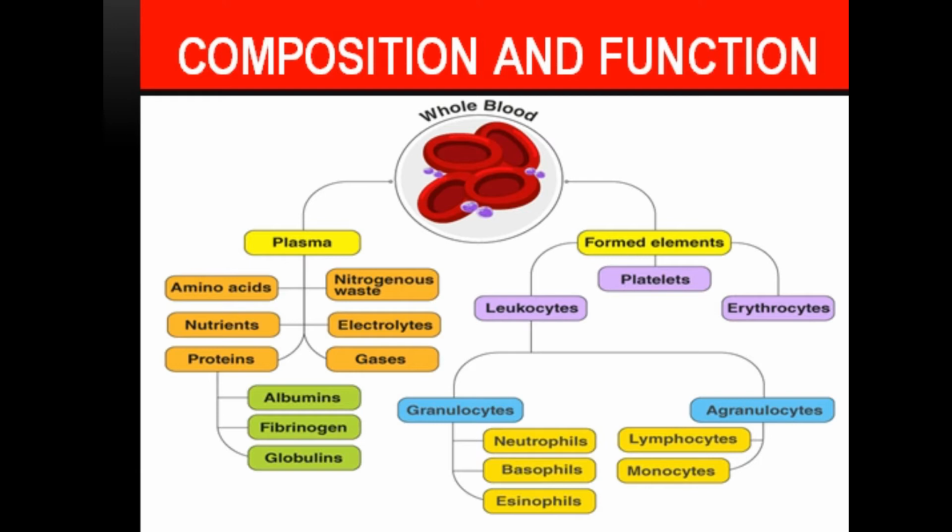for the larger lifetime. Third type of form elements are platelets, which are mainly involved in the process of clotting, and very important type, and they are basically the breakdown components of the RBCs, and their value is in between of RBC and WBC, that is about 50,000 to up to 4 lakh per millimeter cube of the blood.